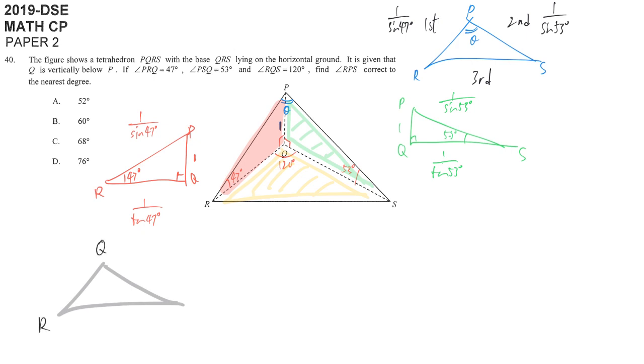Q, this is R, this is S, 120 degrees, and RQ we already know is 1 divided by tangent 47 degrees. QS we also know from the green plane is 1 over tangent 53 degrees. And then our target is RS, so we consider RS squared is equal to